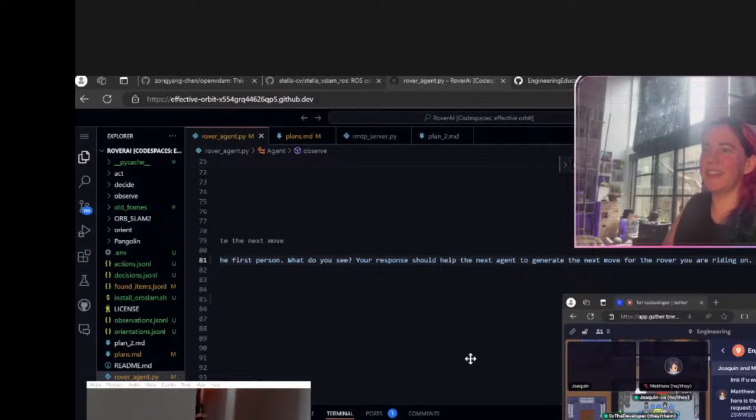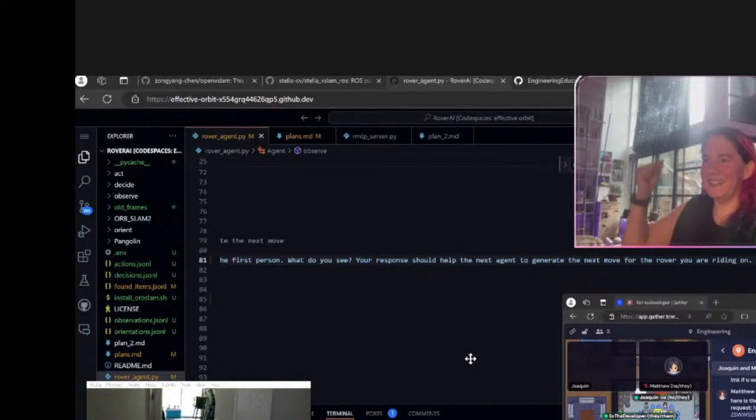Hey, y'all, we're building a rover. We're building a rover AI. So we just got it to get itself out of corners and things. We just kind of gave it that directive, and now it's able to do that. So I'm really excited about this. This is great. Yeah, it did it. Excellent. It's so cool. I love it. I love robots, y'all.